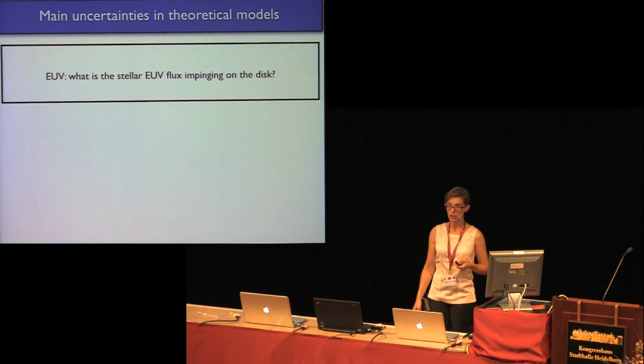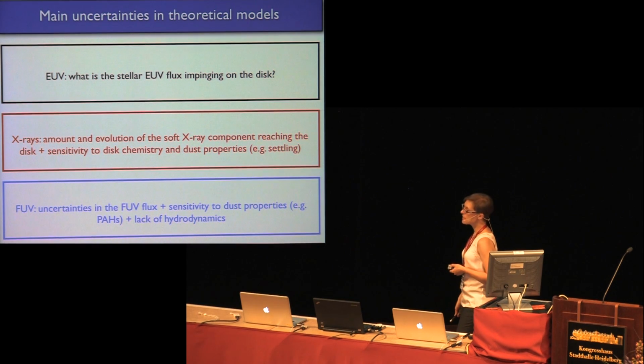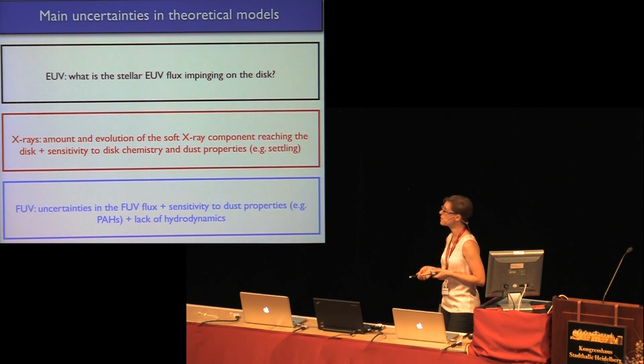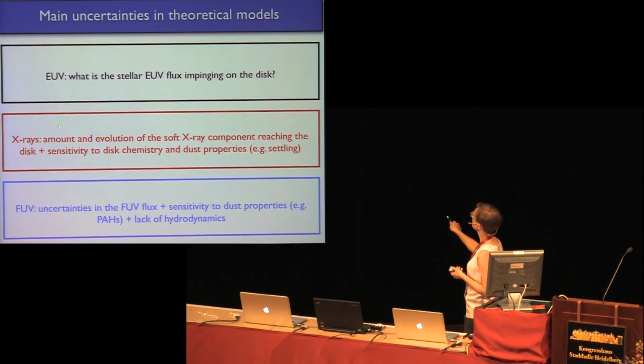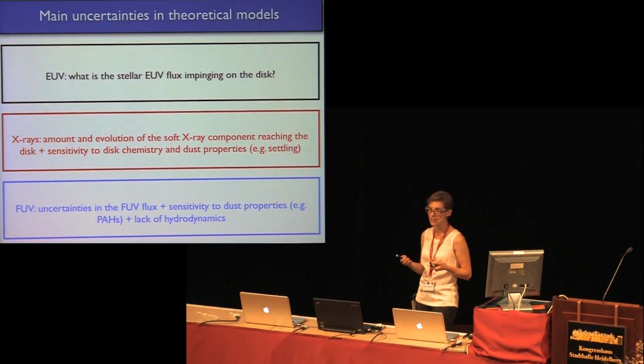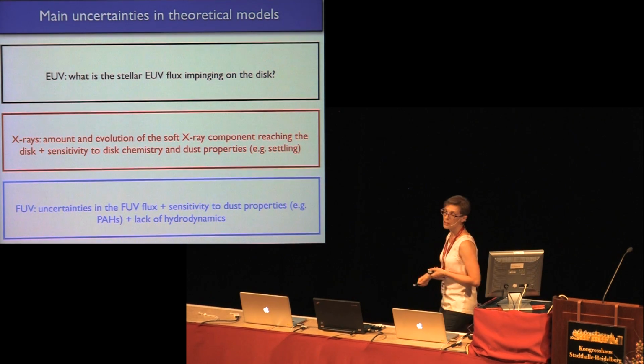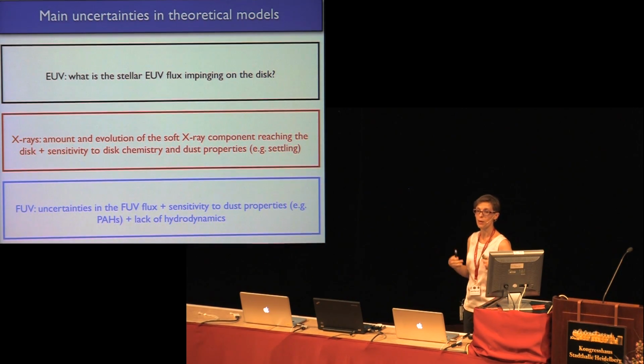Now, this is for the EUV models. What happens with the other models? For X-rays and FUV, we know the stellar X-rays and FUV better through observations. But nevertheless, here the models are actually sensitive to other disk properties, in particular to the dust properties. In the case of X-rays, there is some sensitivity to the settling of the disk. And in the case of the FUV, there is also sensitivity to the presence of PAHs, how many PAHs you